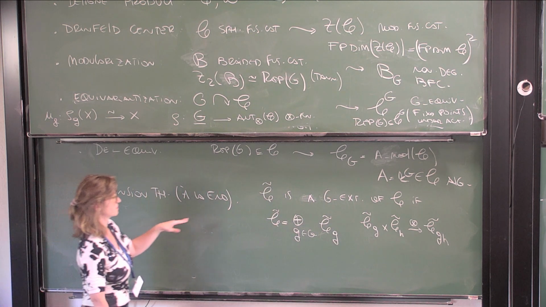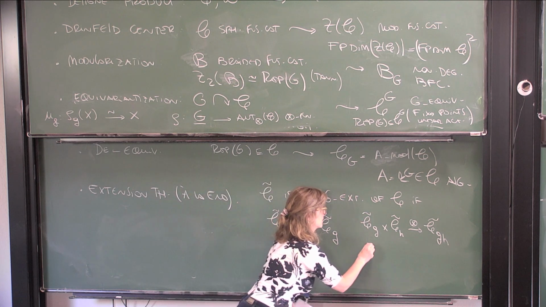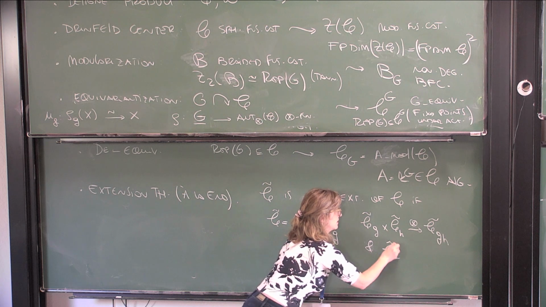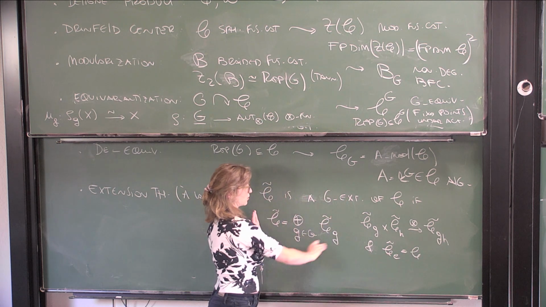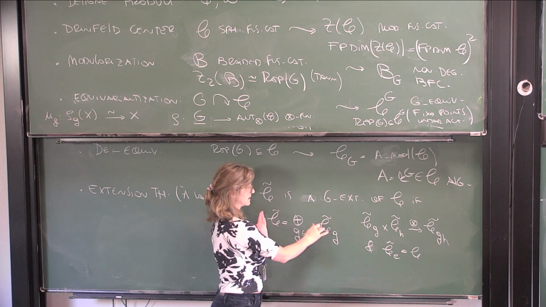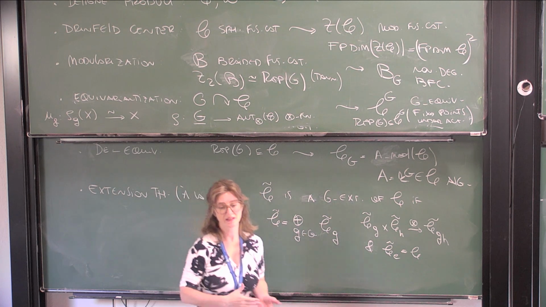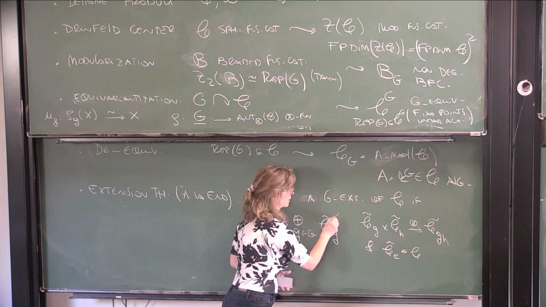And being an extension of C means that the trivial component is my original category. If you look at only this, a lot of the time or all the time we say C tilde is G-graded. It's a grading on this. Here we say extension because we're thinking that the smaller category is embedded in a bigger one.